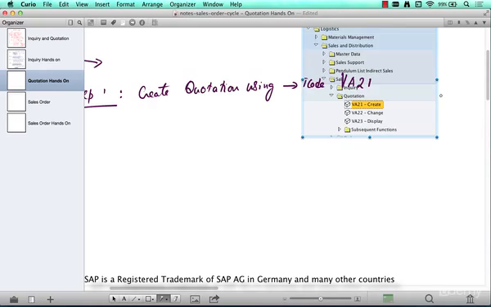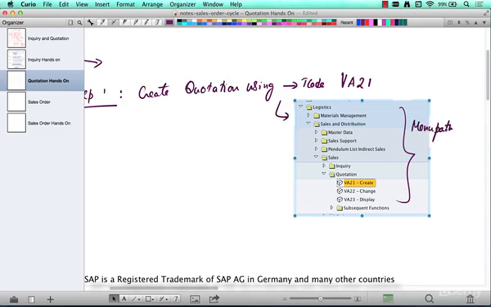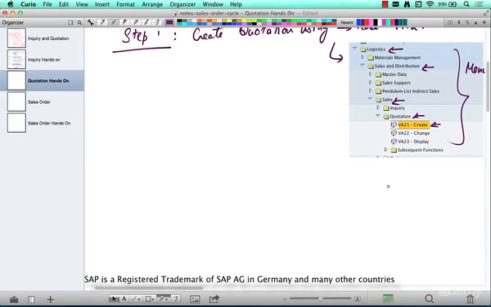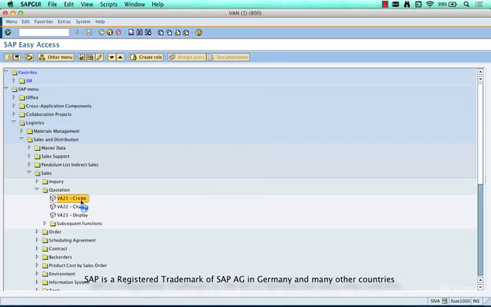or use the menu path. Logistics, sales and distribution, sales, quotation, create. So that is step number 1. So step number 1 is easy, right? So step number 2 is enter some data. So double click this